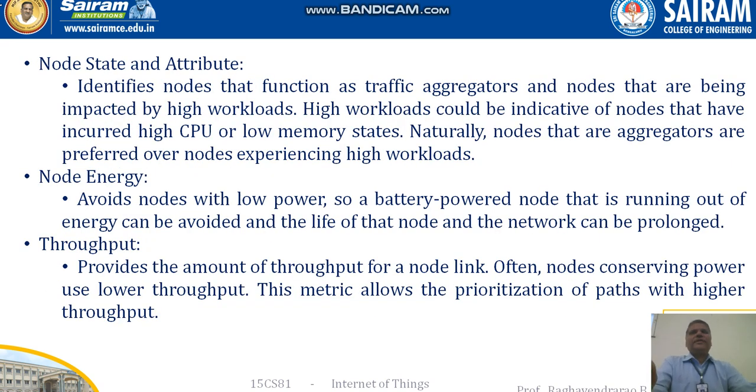We have another set of things: the node state and attributes, node energy, and throughput. Because each and every node is going to forward that particular data, at that time we need to know the state and its attributes and how much power it is consuming. And ultimately, what is the throughput. So here, the node state and attributes identify nodes that function as a traffic